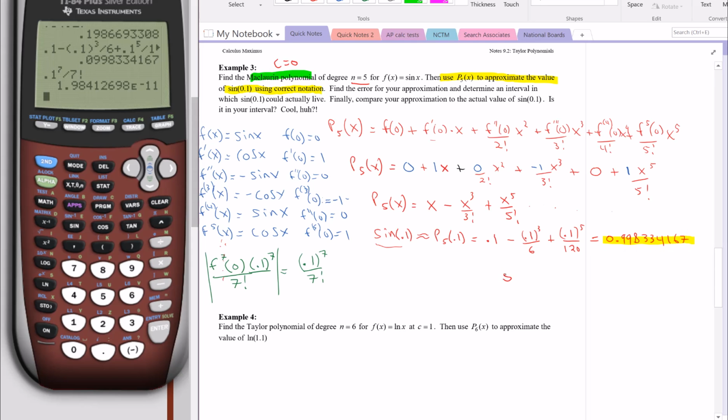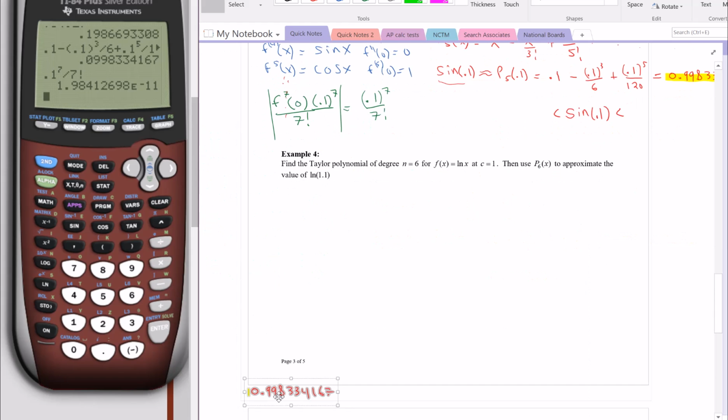So sine of 0.1 has to be in between this number up here, let me see if I can just copy this number here, has to be between that,